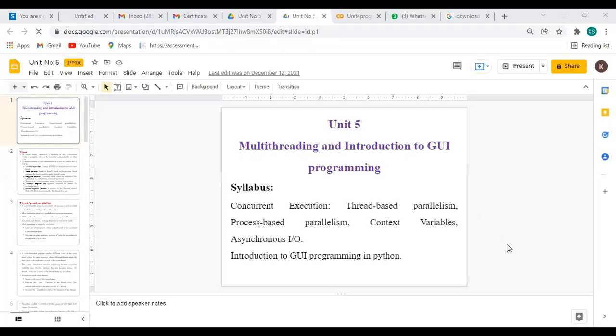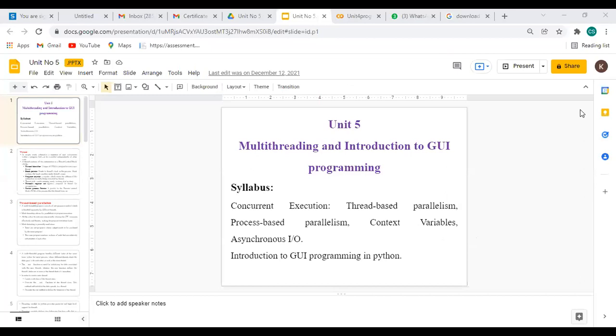Okay, next we will start with the fifth chapter. Here I will give the basic introduction or syllabus introduction related to the fifth unit. In that, you know the concept related to multi-threading. In this chapter we have some multi-threading points, like how we perform operations on multi-threading.